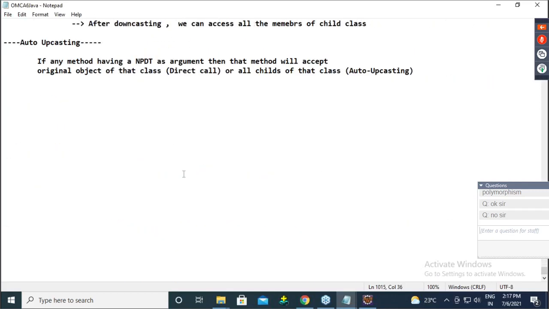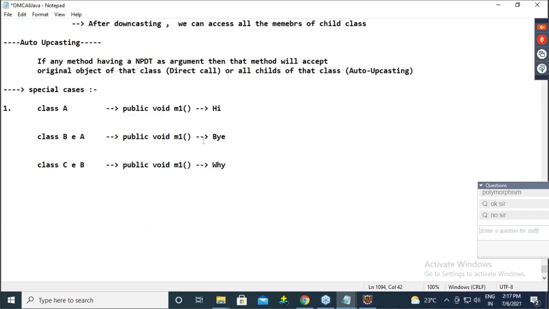Observe here. So here I will give the special case heading. Now guys, can you understand this short form? See, class A has a public void M1 method with the implementation of high. Class B extends A, meaning B is a child of A, having the same method with the implementation of by, meaning it is overriding.